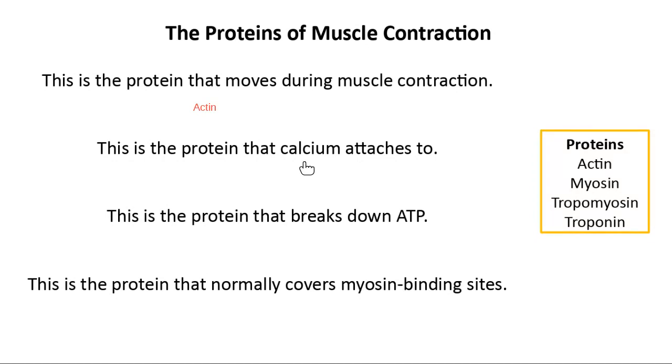The next protein on our list is the one that calcium attaches to. What protein in particular does calcium attach to? When it attaches to calcium, it changes its shape, right? When calcium is released. Yeah, exactly. So the protein that calcium attaches to is troponin. Troponin is my push pin. Remember that when calcium attaches, the push pin pops out, and we can no longer cover up our myosin